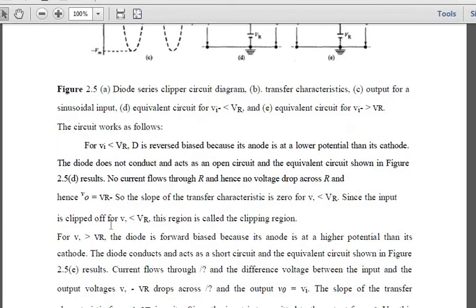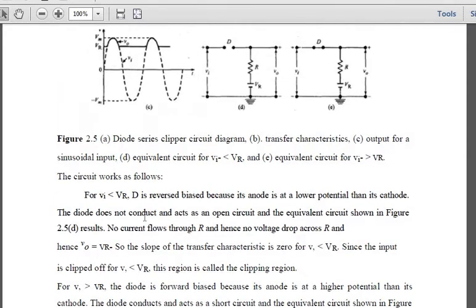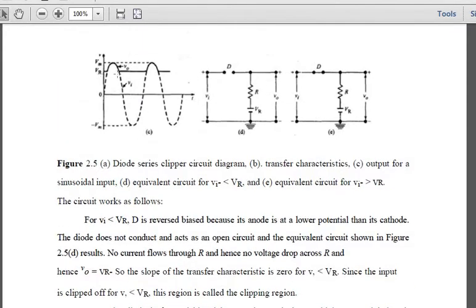Now since the input is clipped off for Vi less than VR, here you have the reference voltage, and this is your input voltage. You have to cross this reference voltage to move on to the output, but we are not having that, because here no current is flowing over here. So this particular part will be clipped off, because your Vi is less than VR. Your VR is over here, this reference voltage is here. So above the reference voltage, whatever peak or amplitude you have, only that part will move to the output, and all the remaining input values of your sinusoidal wave, which are less than your reference voltage, will be clipped off.